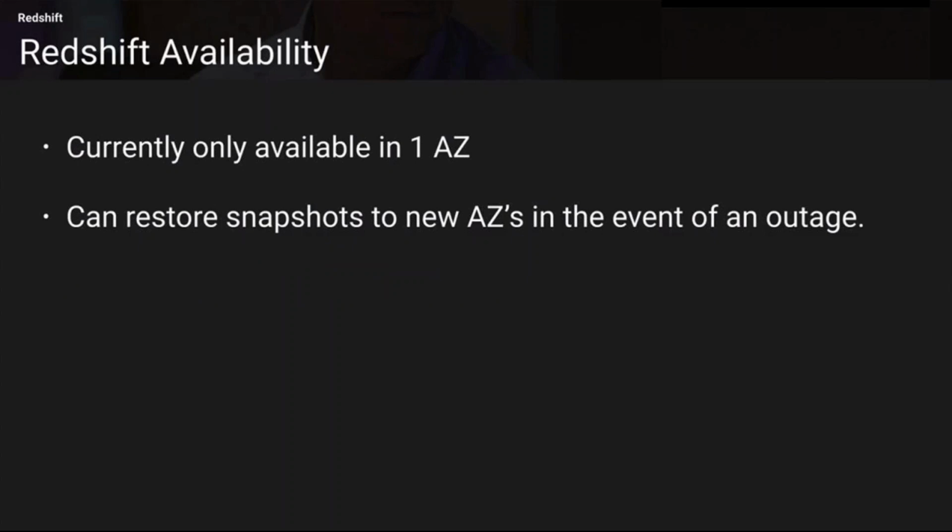And currently Redshift is available only in one availability zone, so they have still not expanded it like S3 or EC2, where you can put your resources in multiple availability zones and then put a load balancer across them. Redshift is not heavily used. It is used by management, but as I said, data science is picking up in the market these days, so there are a lot of tools available as competition. So they're not worried much about Redshift at this point of time. So it is currently available only in one AZ.